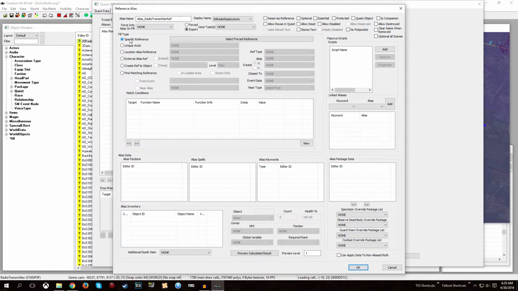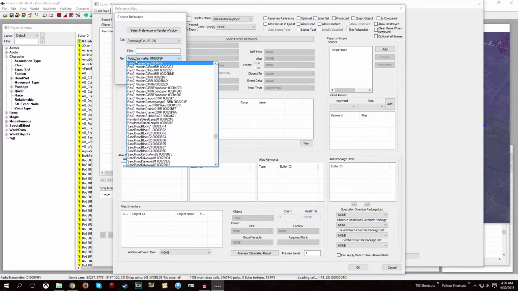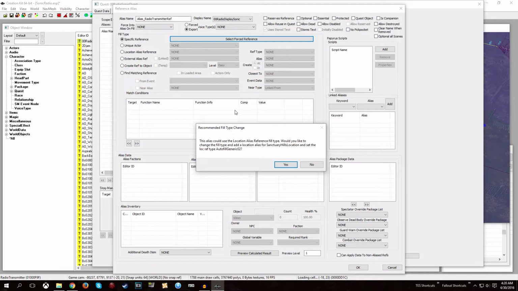and click specific reference, then hit select forced reference, and you can go ahead and select in render window or select yourself from the drop down box any reference. But if you didn't give it a reference editor ID, it'll be hard to kind of determine which one it is. So I'm going to click select reference in render window, double click, and make sure the editor ID came up. That's funny. Let me click OK, and it says this alias could use and for this you want to check no,